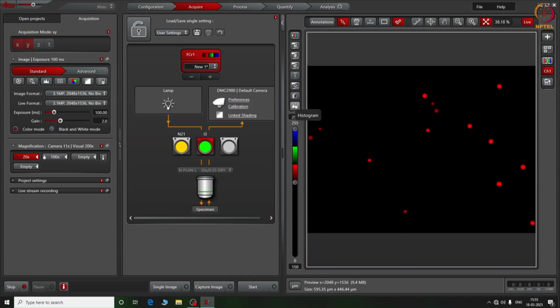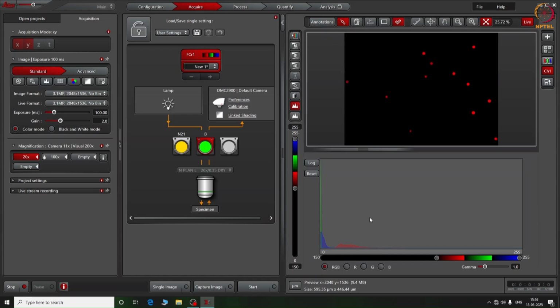This is the histogram button located in the image display window. I am going to go ahead and activate that, and this histogram will give us a graphic demonstration of the number of pixels on the y-axis at each grayscale and across the x-axis of the detector. This is helpful because a pixel on the camera that creates the pixel on the image is ultimately limited by the range displayed here. If we collect more photons